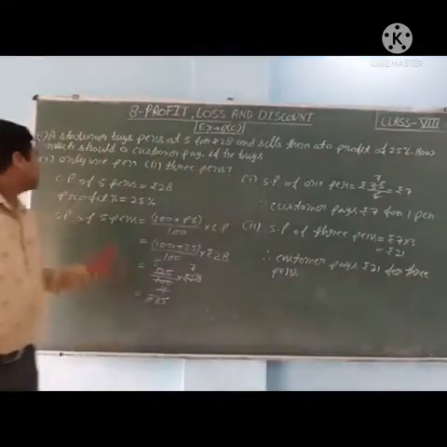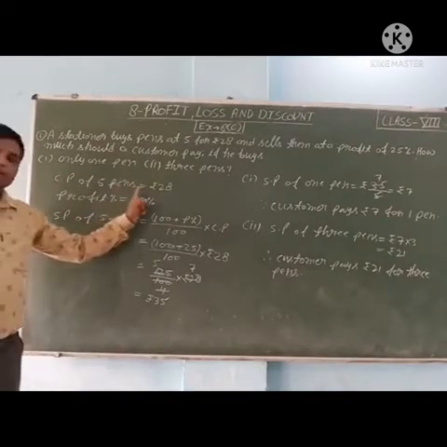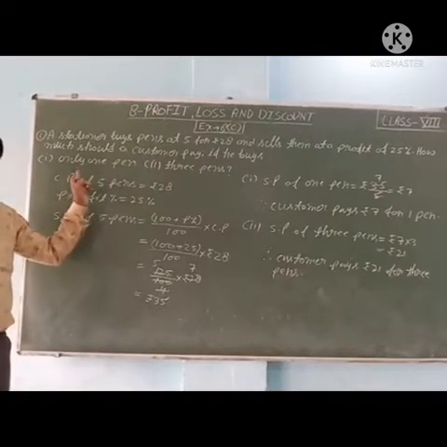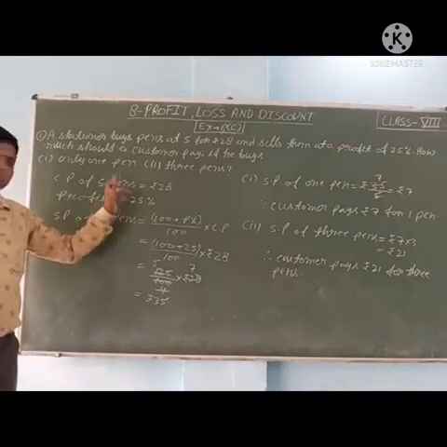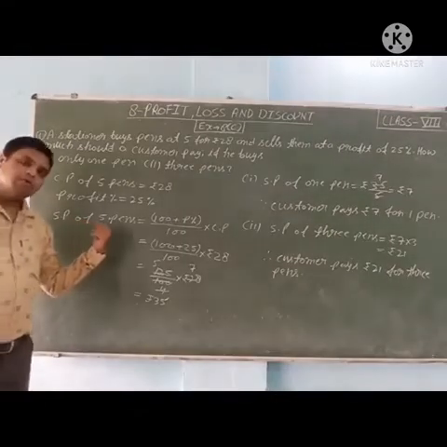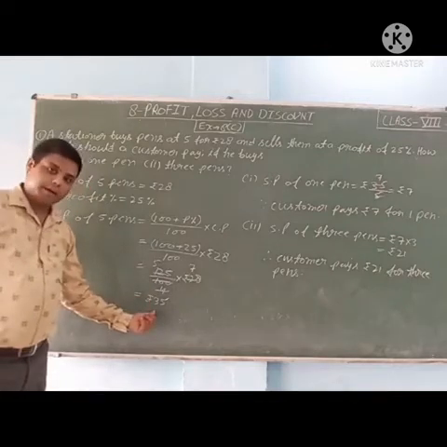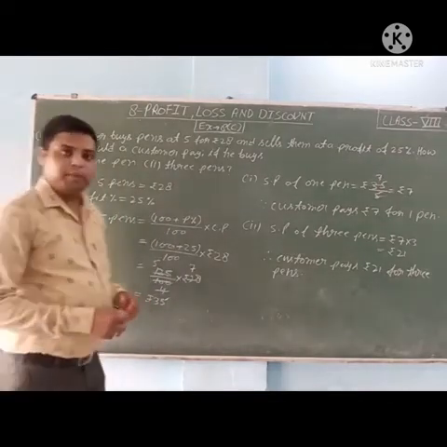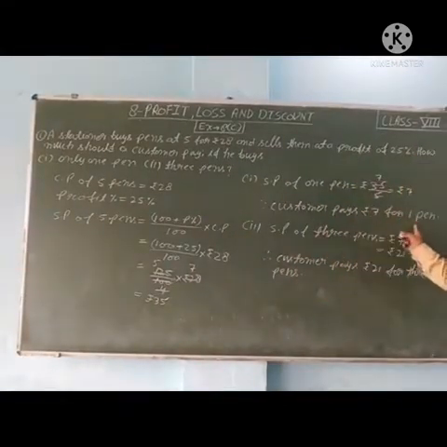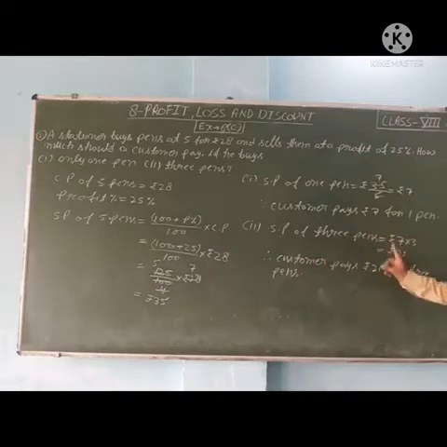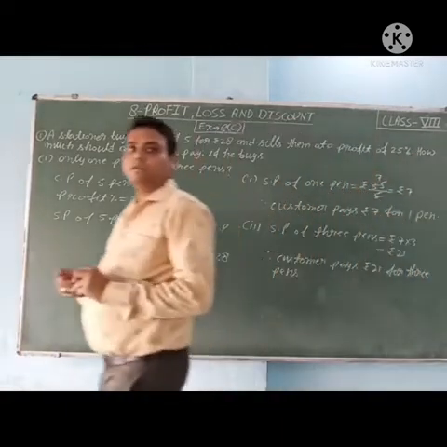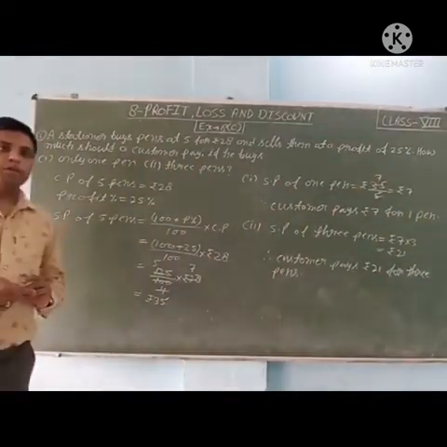Listen again. CP of 5 pens is given, it is ₹28. Profit percent is given, 25%. We have to find out how much amount a customer pays for only 1 pen. It means we will find the selling price of 1 pen. For that, first we will find the selling price of 5 pens. It is coming ₹35. So we can find the selling price of 1 pen. It is coming ₹7. Therefore the customer pays ₹7 for 1 pen. Then the selling price of 3 pens is ₹21. The customer pays ₹21 for 3 pens. So this solution is completed. Then we will start a new sum.